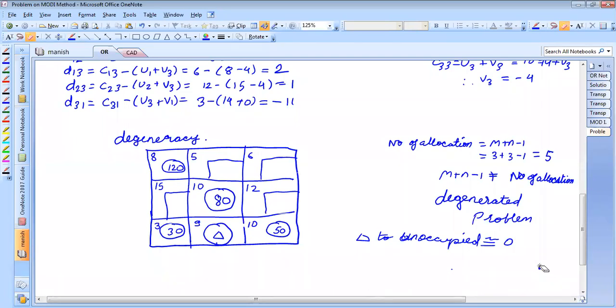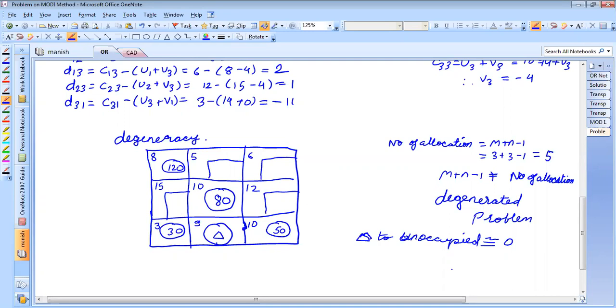I'll start. So what I was saying, if there is a degeneracy occurring here, since this degeneracy occurred in the iteration, there were two cells which got unoccupied instantaneously. So when there is a degeneracy occurring in the iteration, then what we will do is find the minimum value cell. This is 15, this is 9. So which one is minimum? 9 is minimum. So in the 9 location, we put delta.